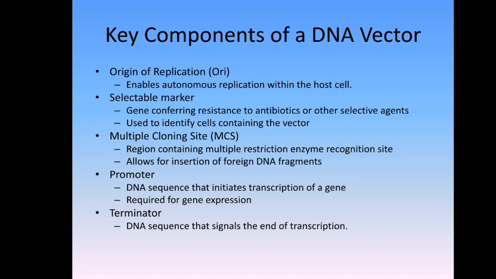Origin of replication, also called ORI, enables autonomous replication within the host cell. The selectable marker is a gene which confers resistance to antibiotics or other selective agents, and is used to identify cells containing the vector. The multiple cloning site, MCS, is a region that contains multiple restriction enzyme recognition sites, which allows insertion of a